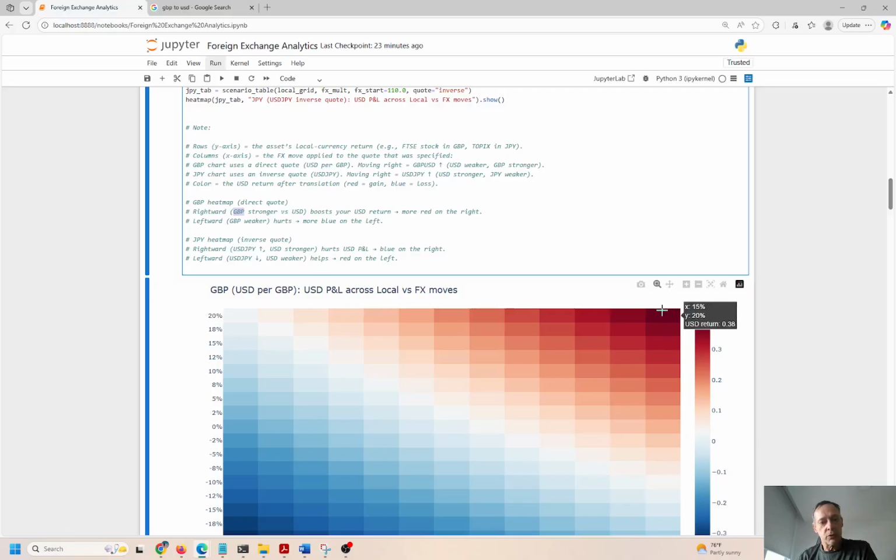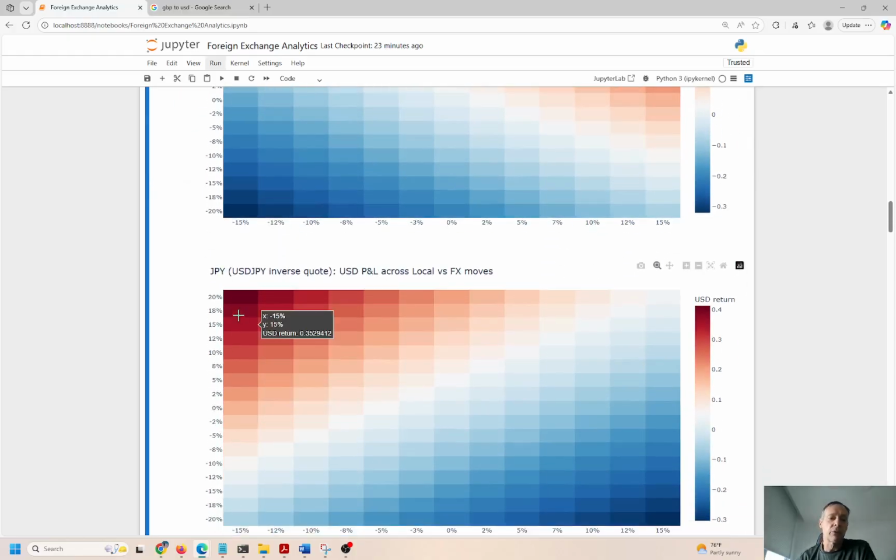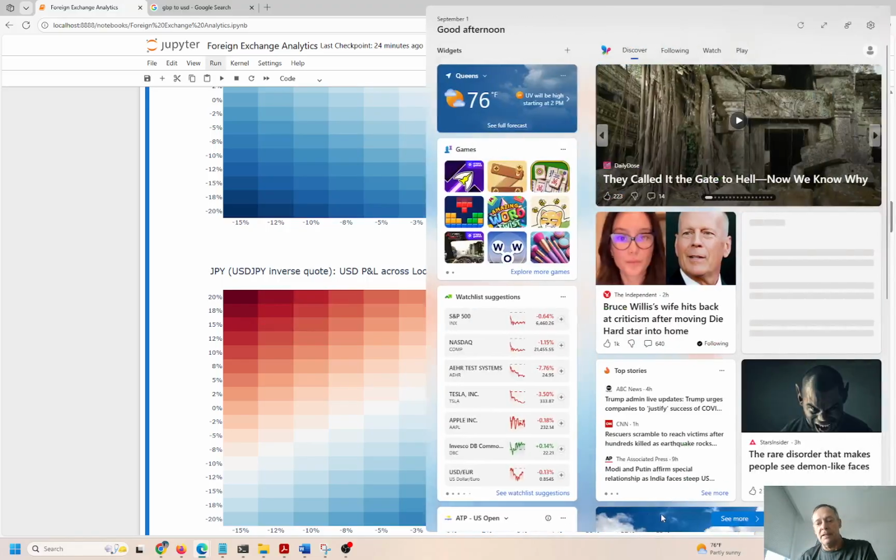So if you have a direct trade with the other currency or the other country's currency, right, then you really want to be in the upper northeast area here, and then the southeast would be the most difficult place to be, correct? Because you're losing your shirt over here. If you have an indirect quote, then it's actually flipped, so everything is the opposite. So you want to be in this spot over here in the northwest of this chart, and in the southeast